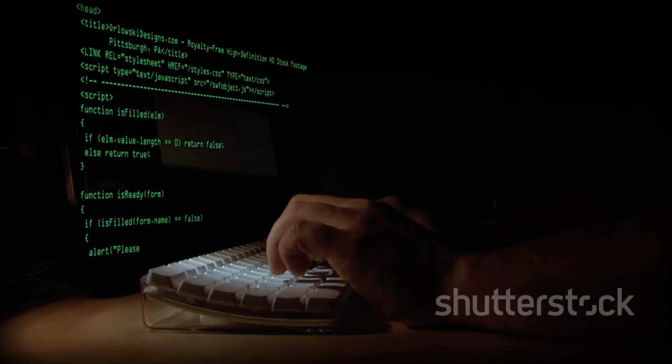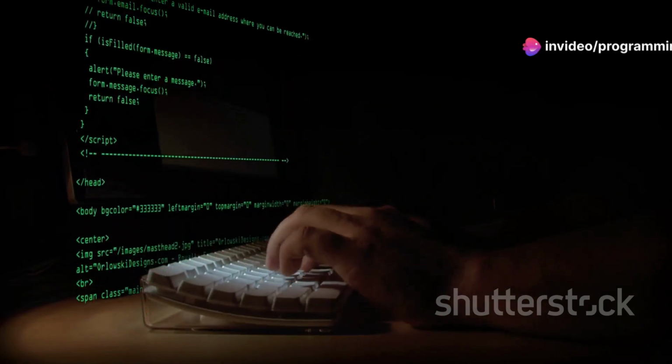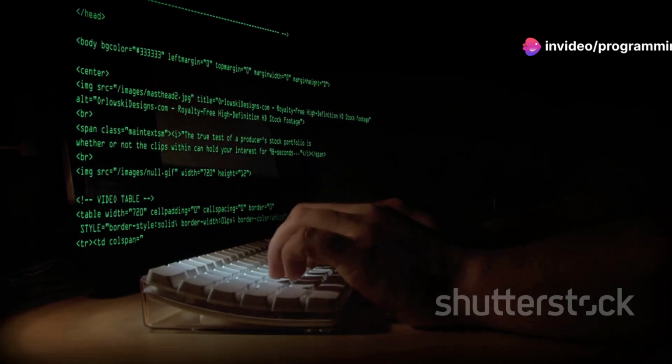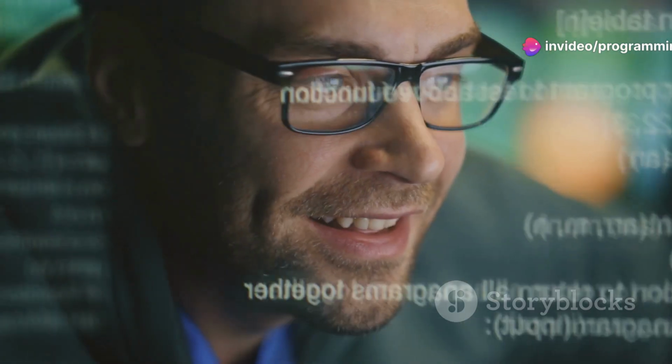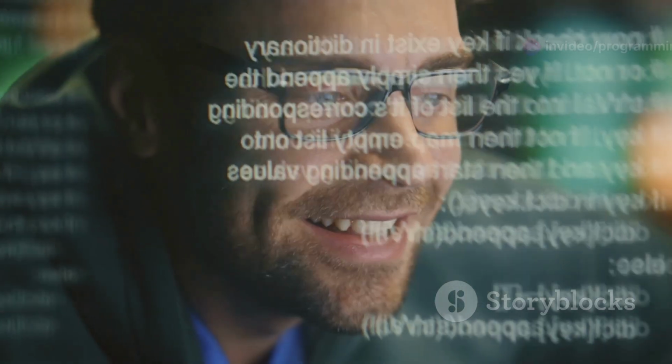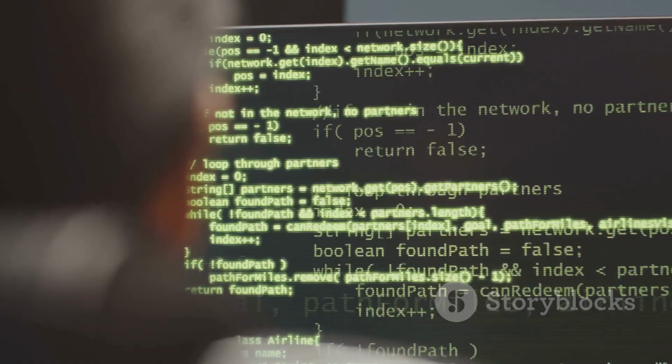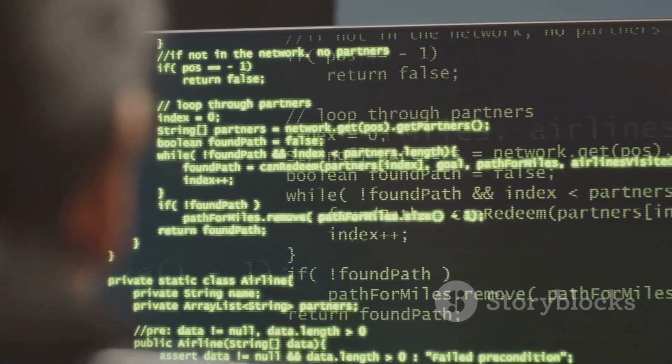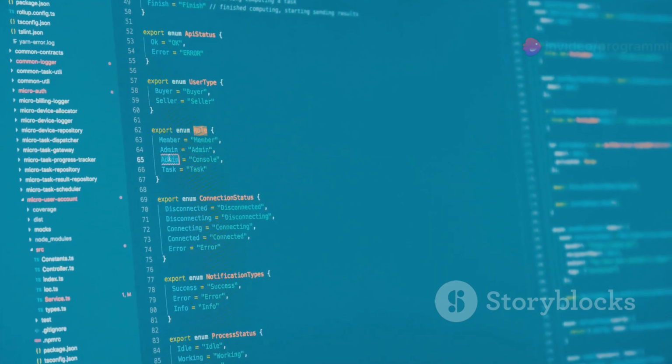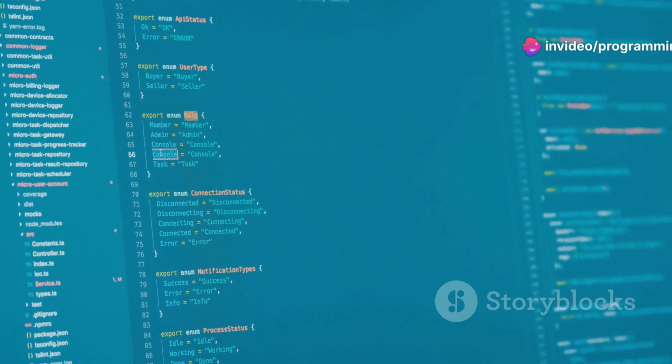Today, we're diving into the fascinating concept of state in programming. It's a fundamental idea that powers so much of what we do in software development. Imagine a program as a live performance. The state is like what's happening on stage at any given moment. In programming, state refers to all the information that defines what the program is doing at a specific point in